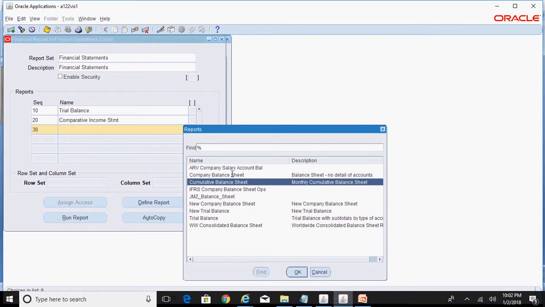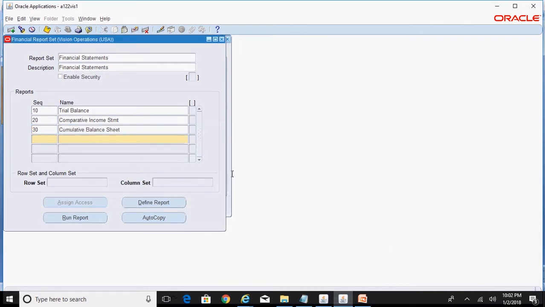So these are the three financial FSG reports which I had already created, and hence these are coming up in the drop down. Now I will save this. So now I have grouped all these three FSG reports into a report set by name Financial Statements.